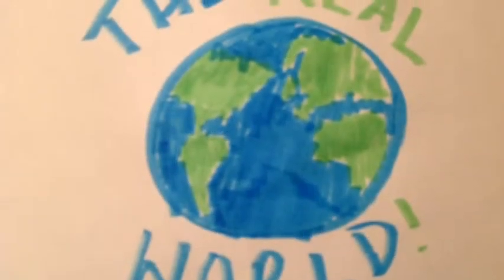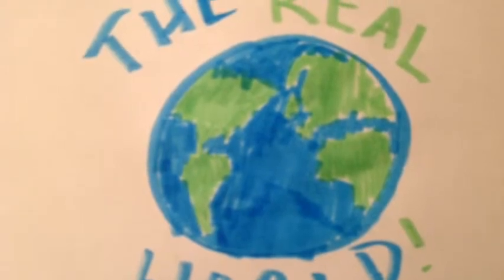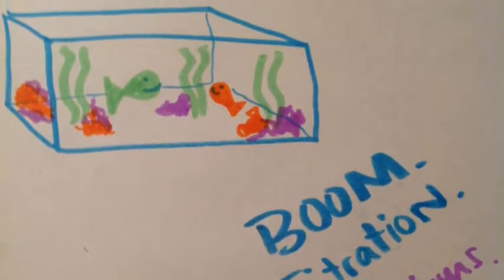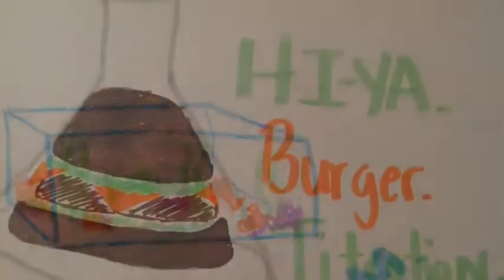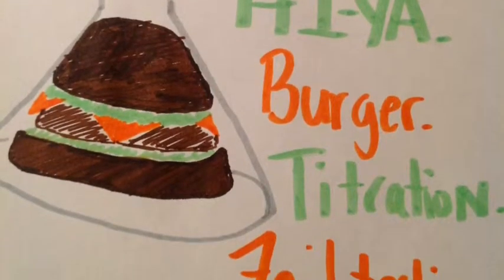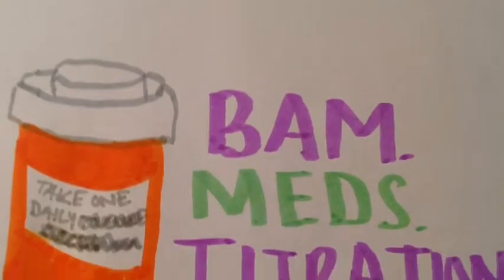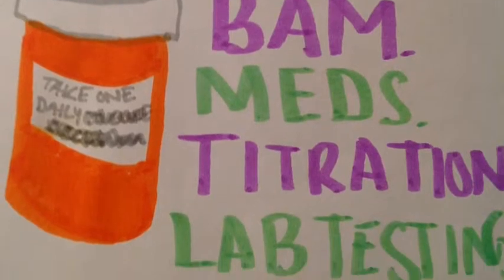And now for some real-world applications. Aquariums often use titration to test their water. Sometimes, when testing foods, fat-free foods and such, titration is used. Lastly, medication testing in labs